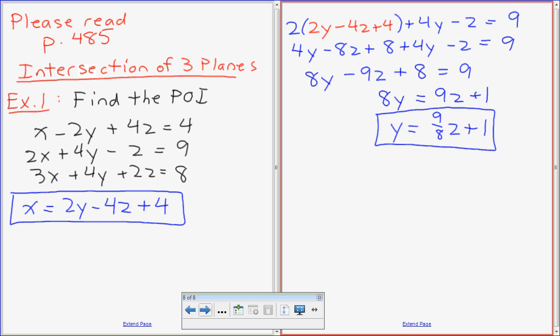Then what I'm going to do is I have y in terms of z. Then I'm going to substitute the y back into the first x. So then you can get x and y both in terms of z, and then sub it in, and you'll solve for z and go backwards. Okay? So then I'm going to sub this back into